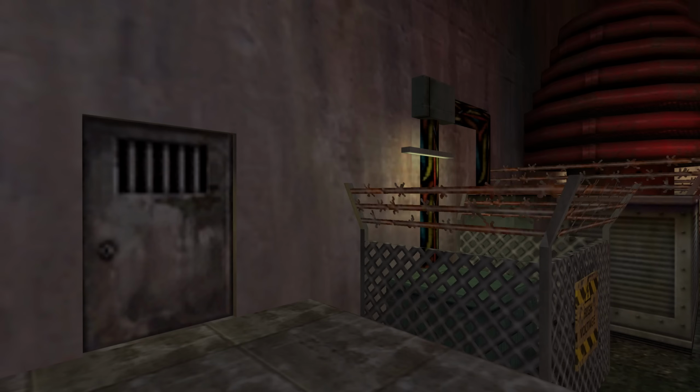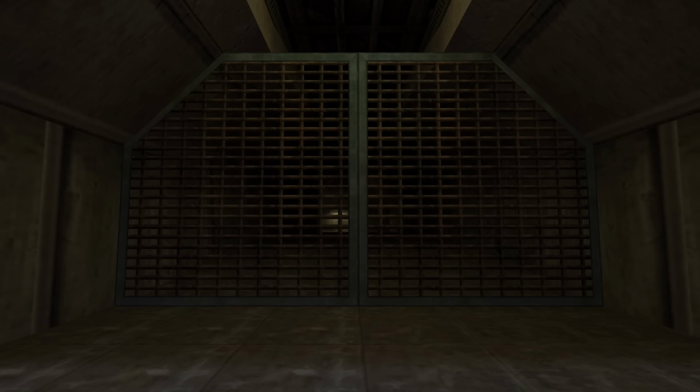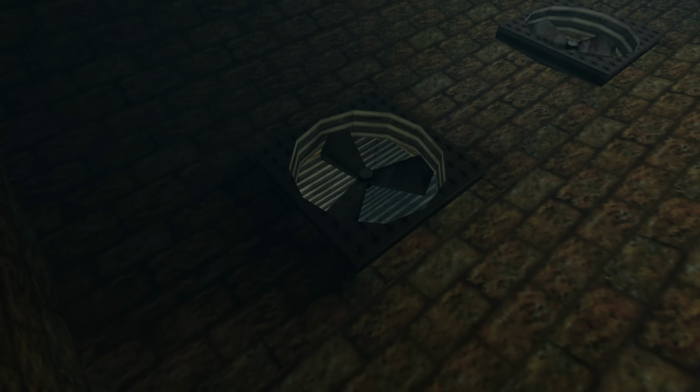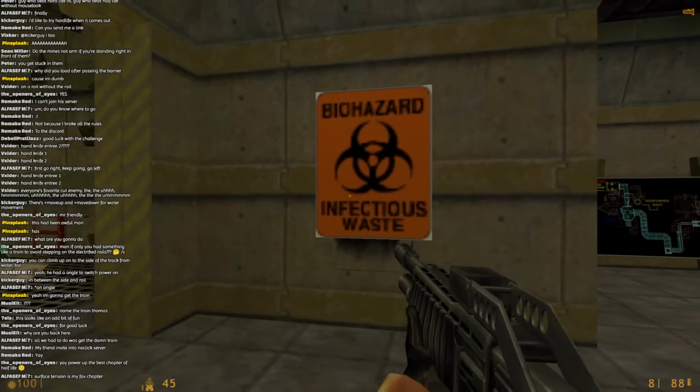There's another door by these coil machines, but it's blocked off by a gate that only opens after pressing the very button that we're trying to press. This platform here seems like the obvious choice, but for whatever reason this thing just doesn't rotate you. And so this fan here is the next best thing.